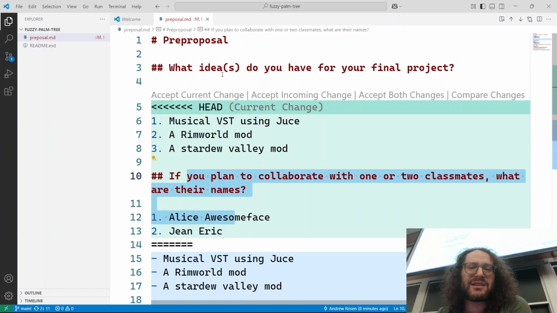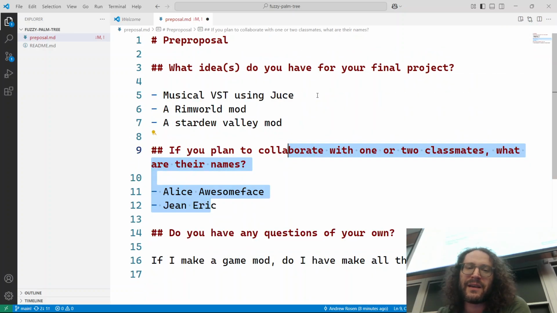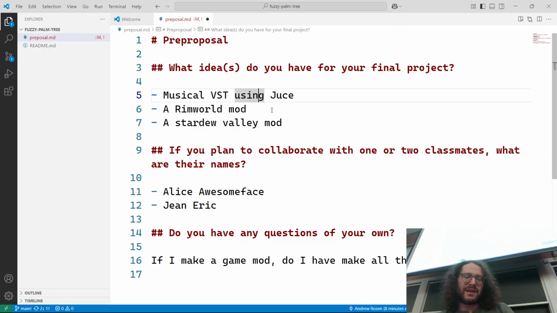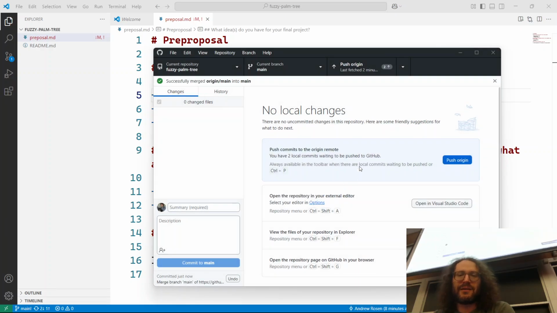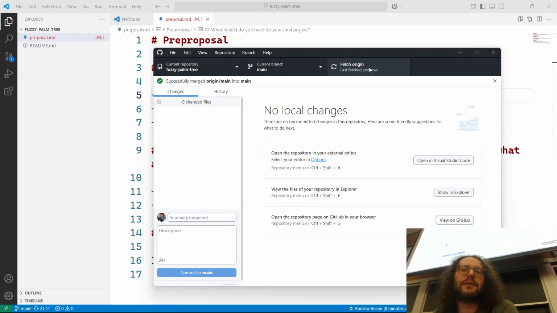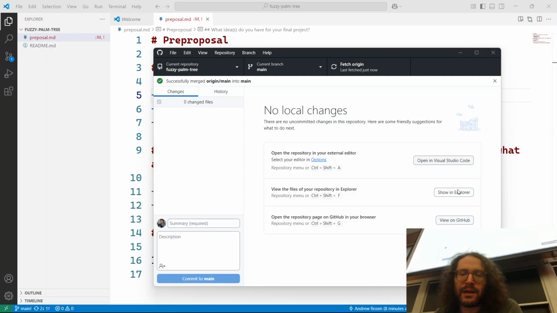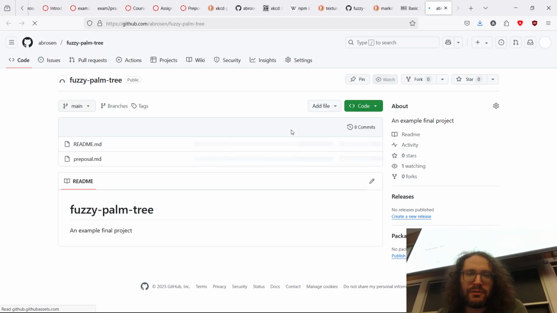So in this case, I'm just going to say, hey, I like the unordered list better. Accept incoming changes. Save the file. It says continue the merge. Great. And it goes like it's been resolved. Awesome. Push. Done. And now if we go onto GitHub again, we'll see that,